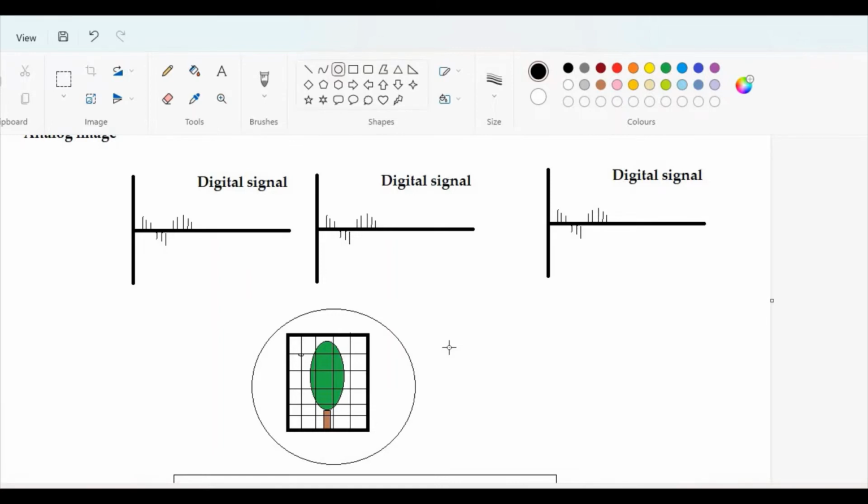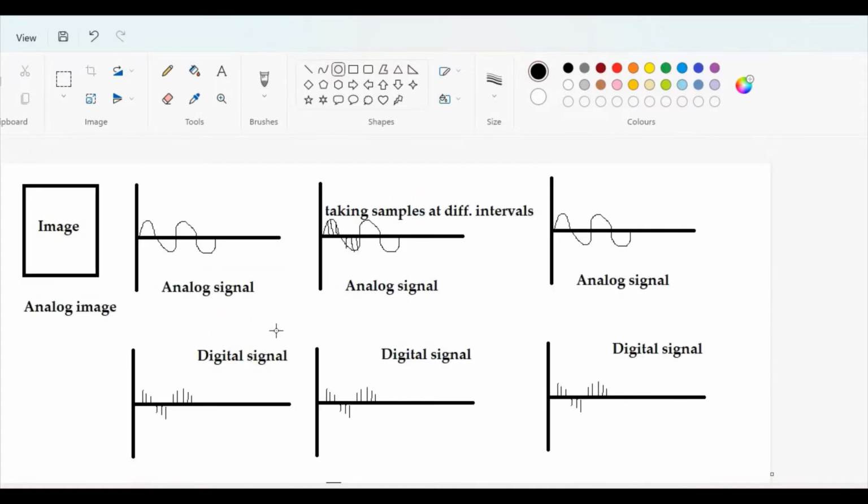So when an analog signal is converted into a digital signal, samples are created. Okay, and this process is called sampling. So what is sampling? You understood, right? So for example, this is an analog signal and this is a digital signal. How did you obtain it? You take samples, right? And I'm assuming, and I hope you know, that we'll talk about time variations here, right? So this is continuous, right? So at different intervals,